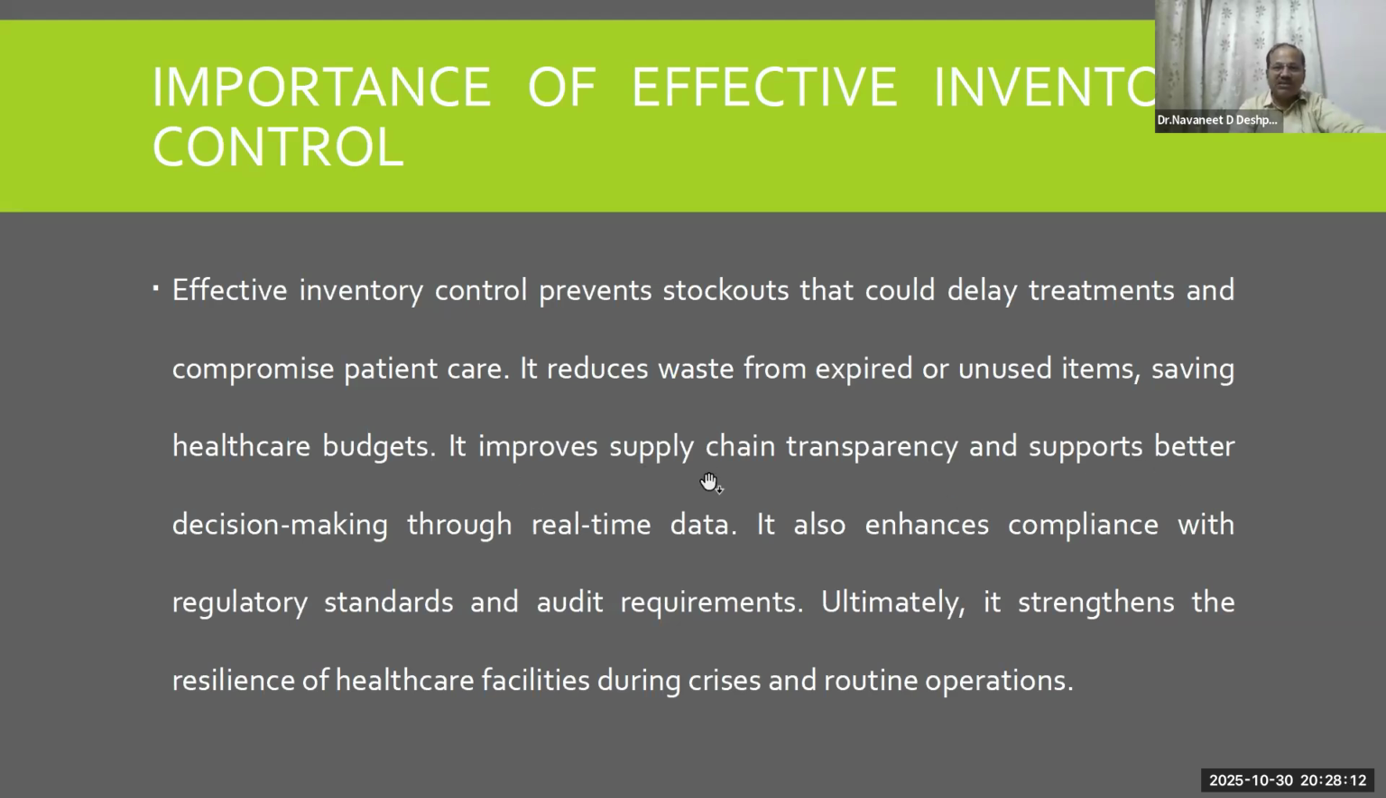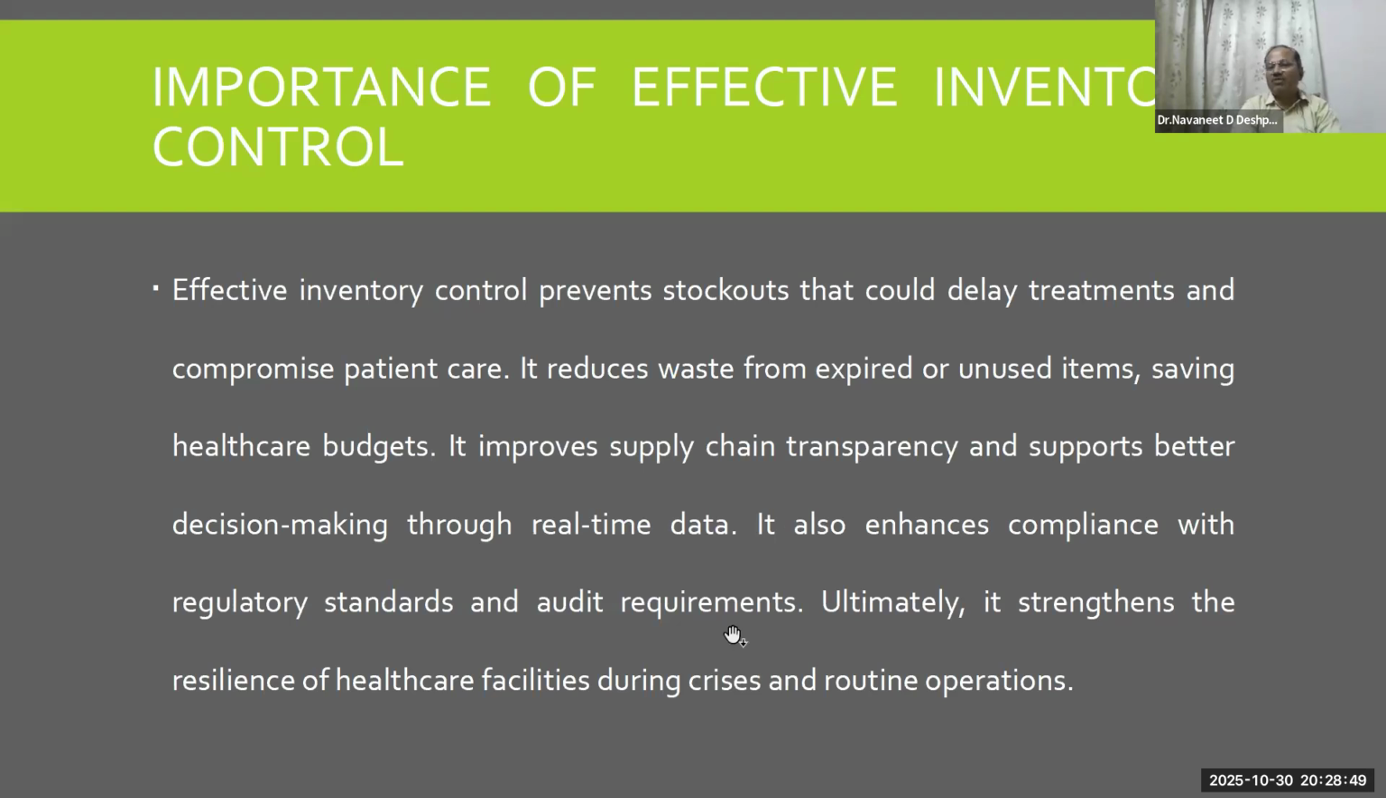So it improves supply chain transparency and supports better decision making through real-time data. Data is also required for the disposal and segregation of waste. It means in kgs and volumes: how many kgs of waste is going out, how much food has been wasted by the staff members, and how many medical equipments are replaced and given. So, of course, real-time data is required, and compliance with regulatory standards and audit